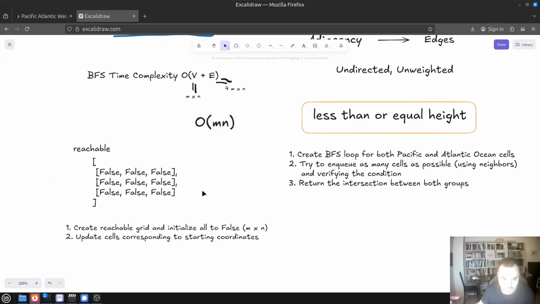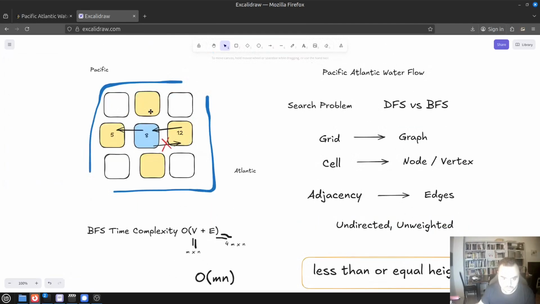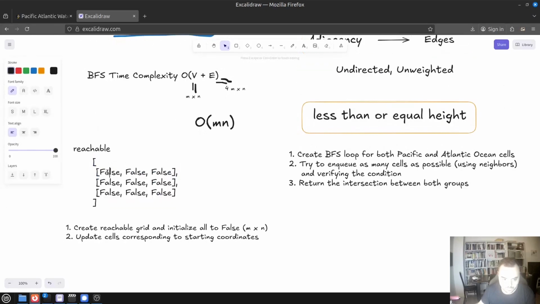So let's say we do it for Pacific, then the first 3 and those 3 will be updated. So first it's all false, and then it will get updated to true, true, true,